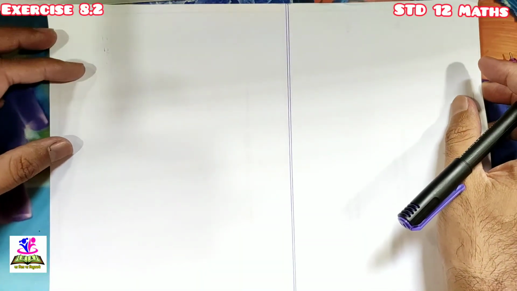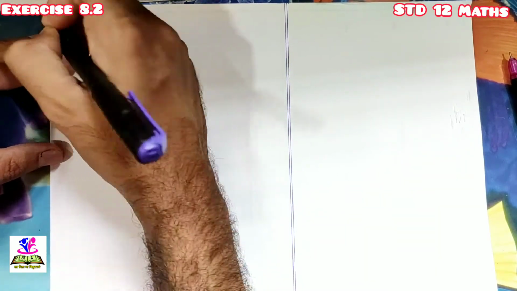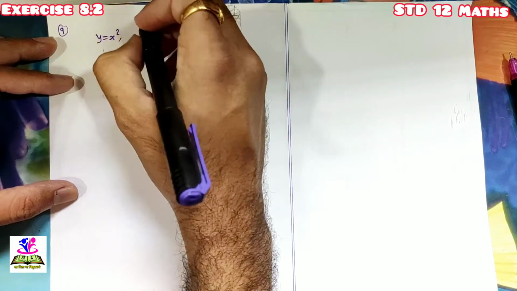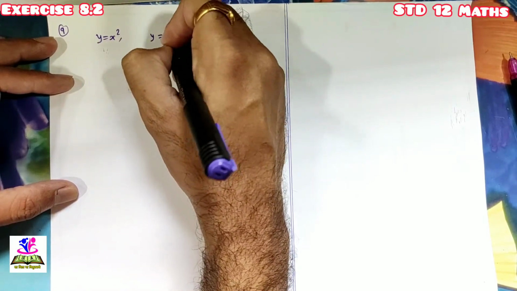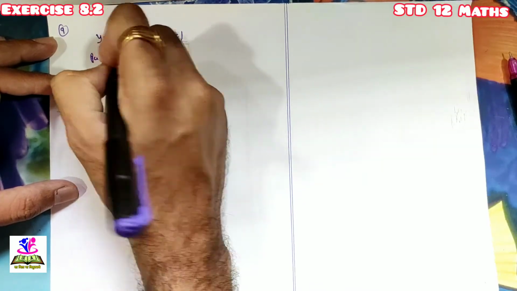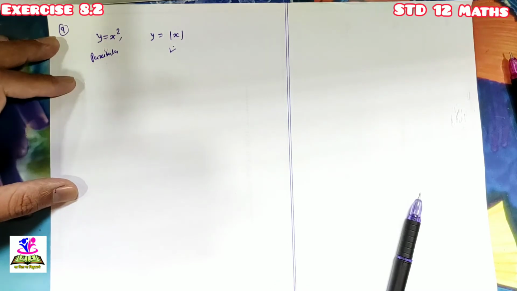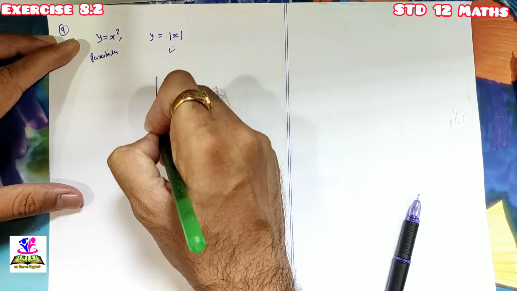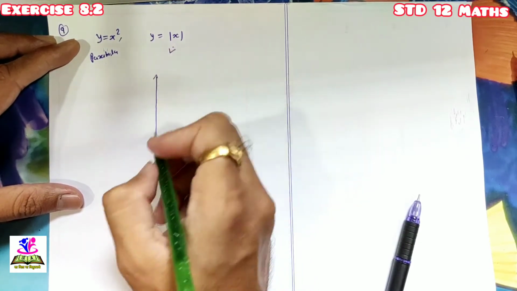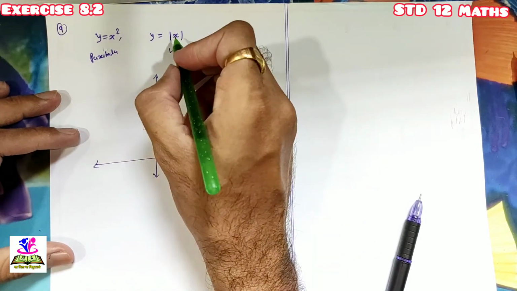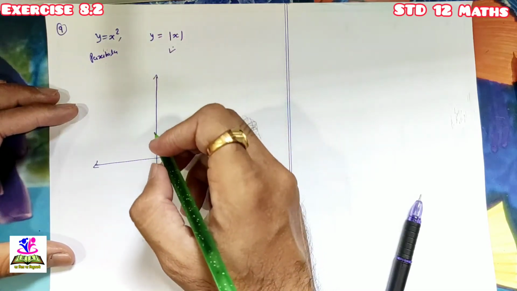So now question number 9. Ninth one. You have to find the area of the region bounded by the parabola y equal to x square and y equal to mod x. Okay, this much is understood, that this is a parabola. What is this? Will someone tell me? What is y equal to mod x? Y equal to mod x is our modulus function and we know the graph of the modulus function.